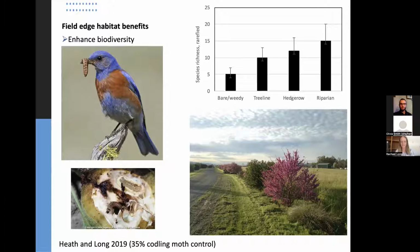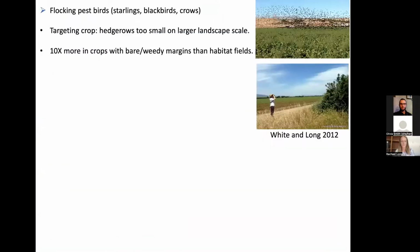And birds are critically important for helping control pests in adjacent crops. For example, Sasha Heath and I did some work in walnuts that Joanne presented earlier, where we found that these birds can help to control one of the key codling moth pests in walnuts by just feeding on the larvae during the wintertime. So one of the concerns that I do hear is that people say, well, if I put in habitat,